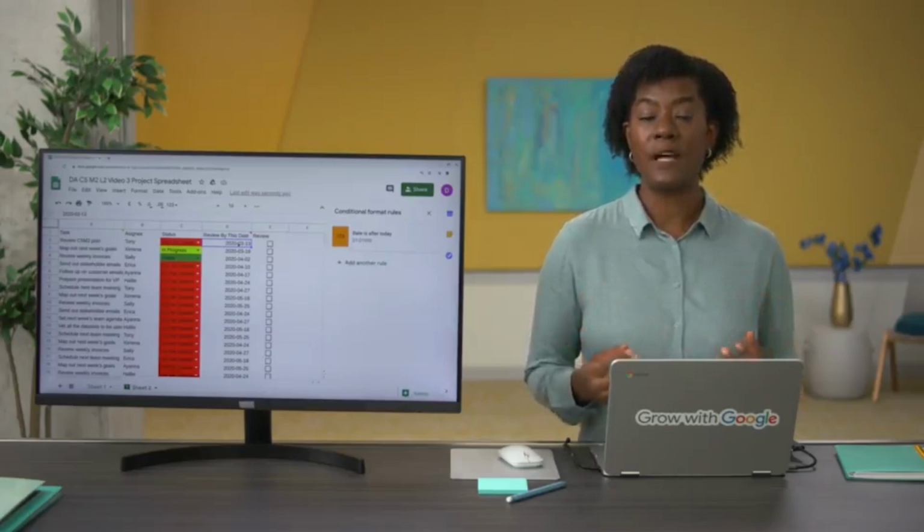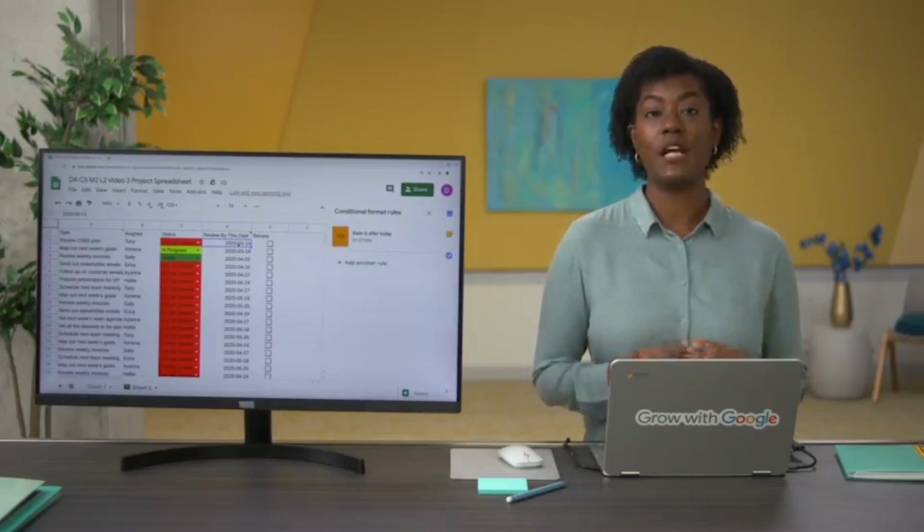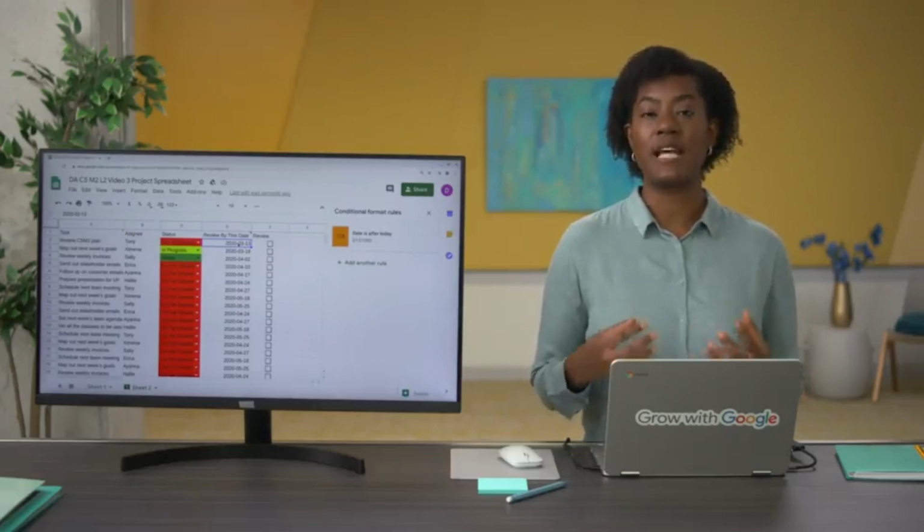Now all of the upcoming review dates have an easy to see color code, so anyone using this table can quickly reference these deadlines. You'll find that some spreadsheet programs like Excel have built-in color codes that you can use too. And there you go. Now you know how to use data validation and conditional formatting to create custom tools and visual cues that make your information easy to understand.